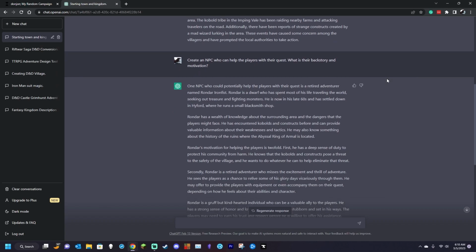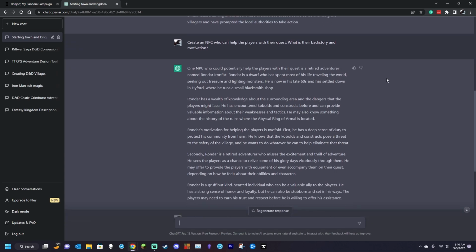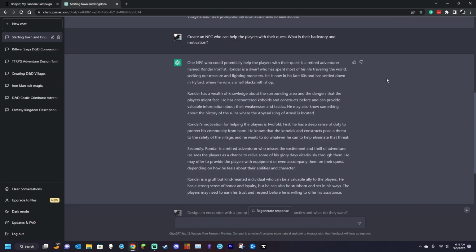So our next question is going to be: Create an NPC who can help the players with their quest. What is their backstory and motivation? And the response we get is: One NPC who could potentially help the players with their quest is a retired adventurer named Rondar Ironfist. Rondar is a dwarf who has spent most of his life traveling the world seeking out